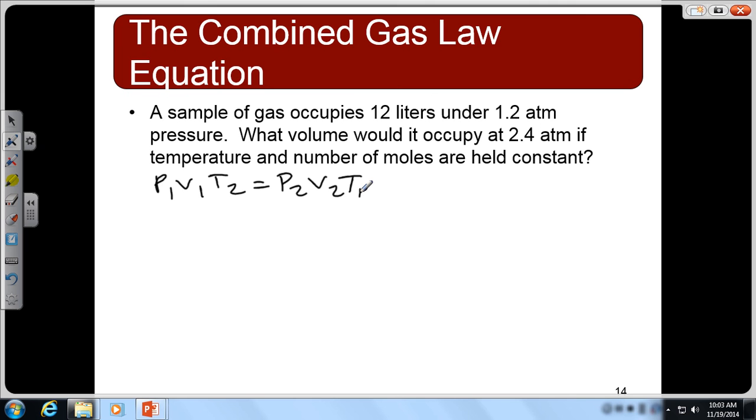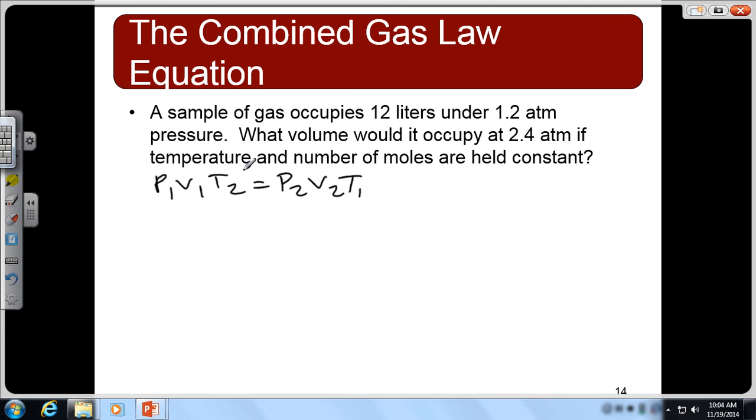Okay, but what I want to show you is how you don't have to know the Boyle's calculation or the Charles alone. You can still just use this. Okay, if it says that the temperature and moles, which we haven't really even brought in moles, are held constant, all you would do is, if you know they're held constant, you can plug in the same number for T1 and T2, but essentially they're going to cancel each other, right? If they're constant, they don't play a part in it.